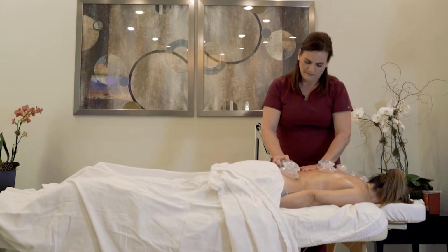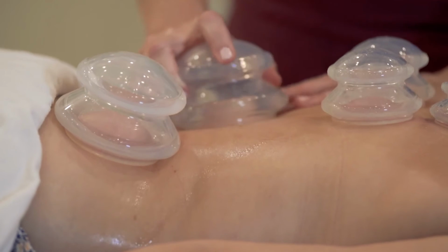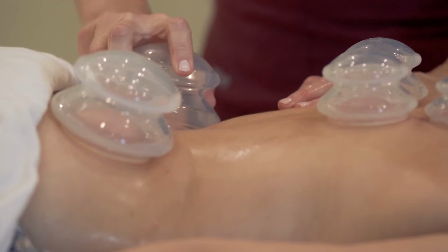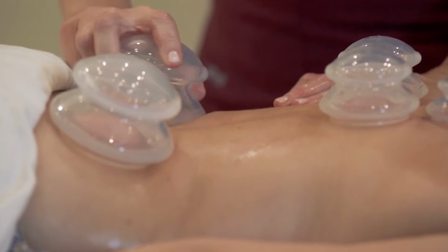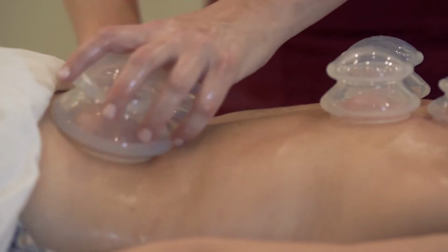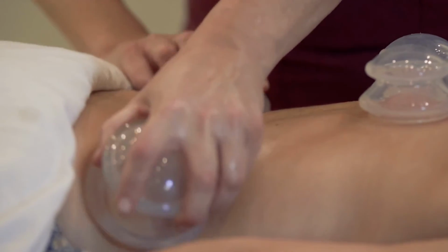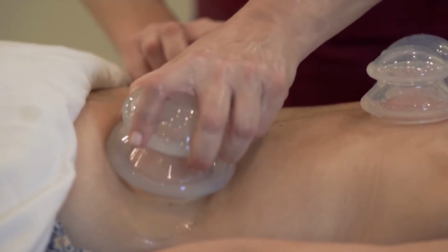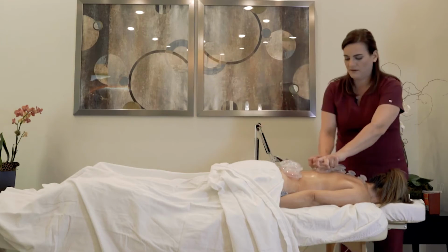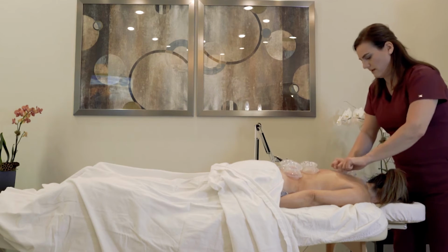It's very sensitive. On most of us, actually. So we're going to go out. How's that feeling? Now we can do both cups at the same time, like we're playing air hockey. And now we can start moving these back,